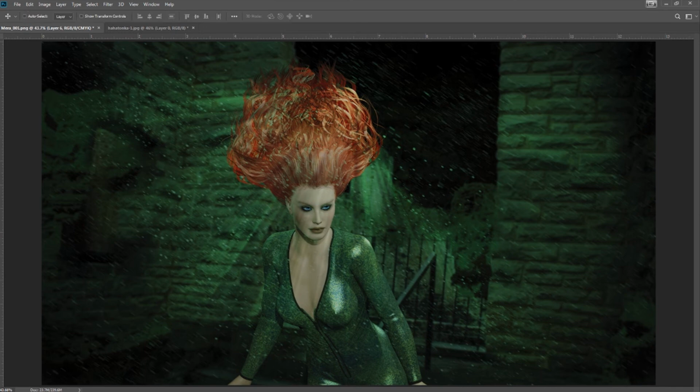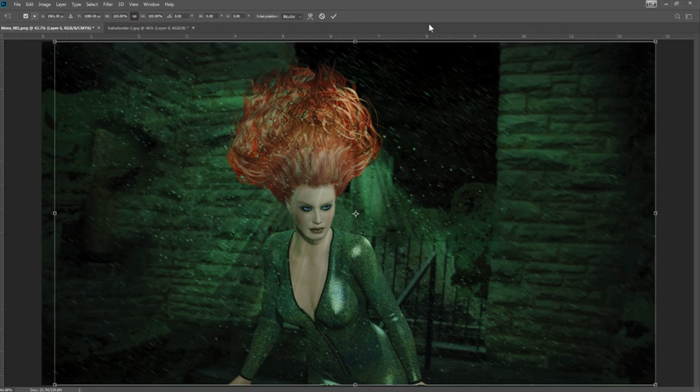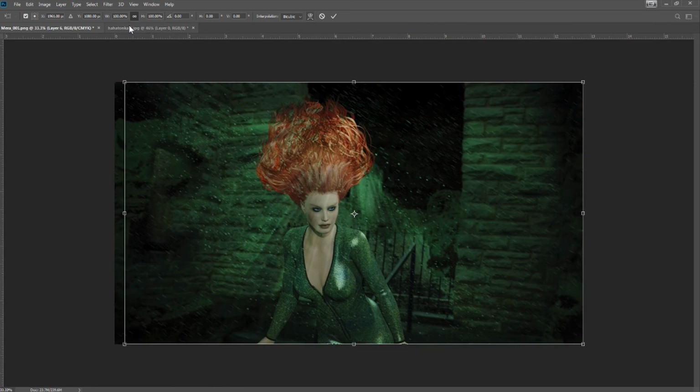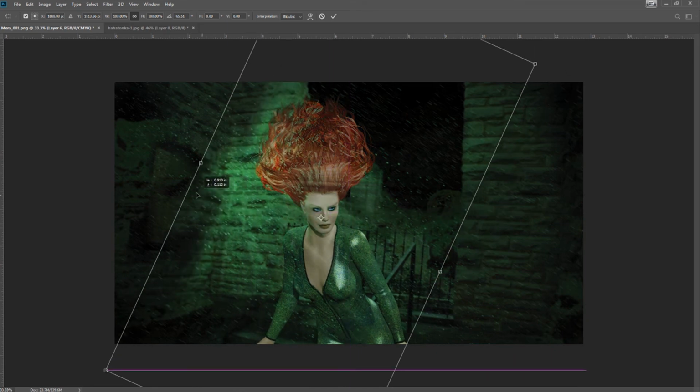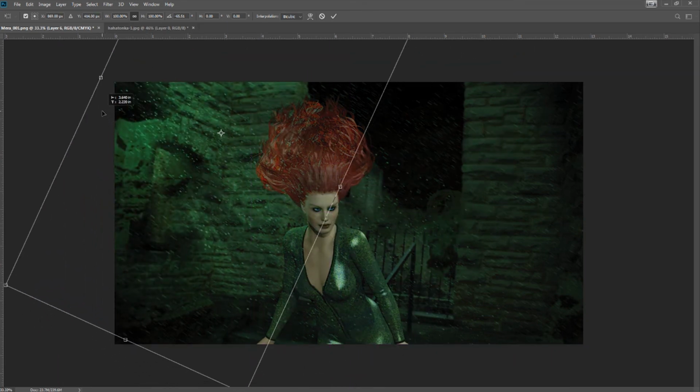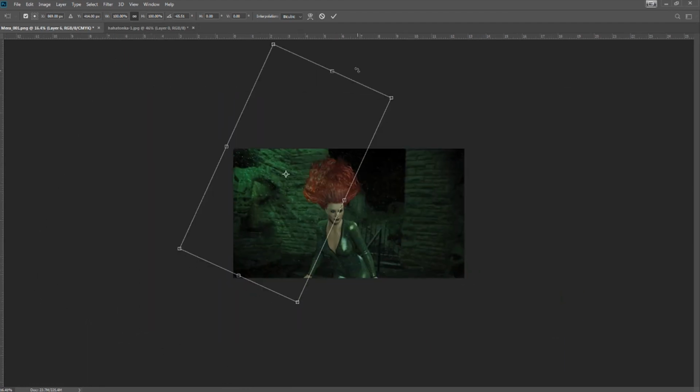So now let's select that layer, do a Control T. I'm going to bring this down a little bit. And let's rotate this layer. And we're going to pull this part of it up here. Make it a little smaller. And